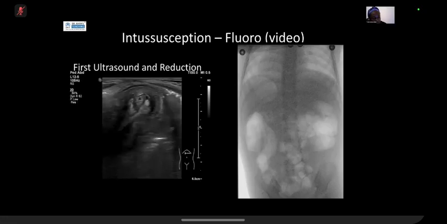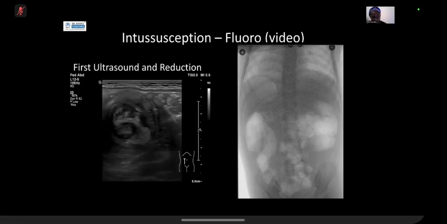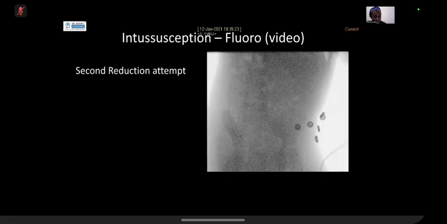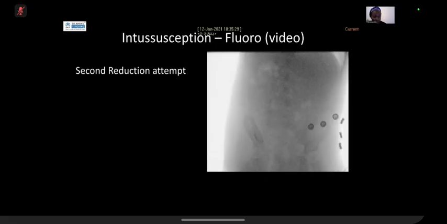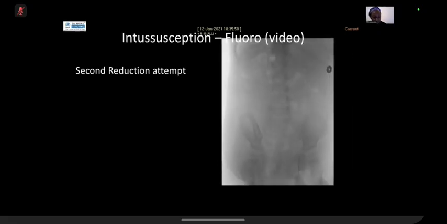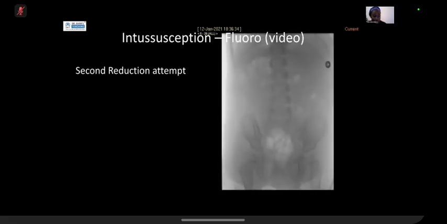Okay. So we did the reduction, and it was reduced really nicely. And the child went home. They represented, I think, a week later with another intussusception, and we know 10% of them can recur. So we did the ultrasound, saw another intussusception. We did the reduction,